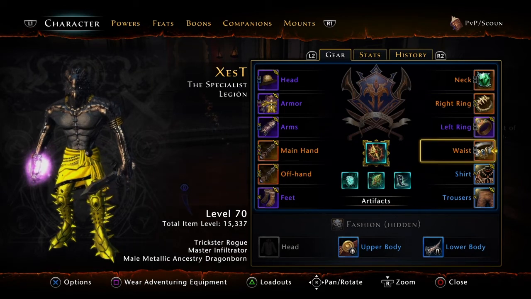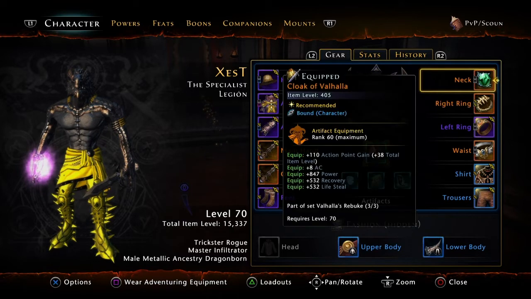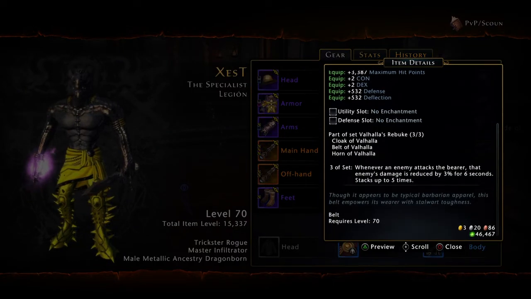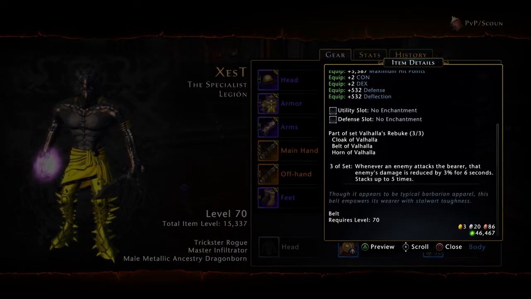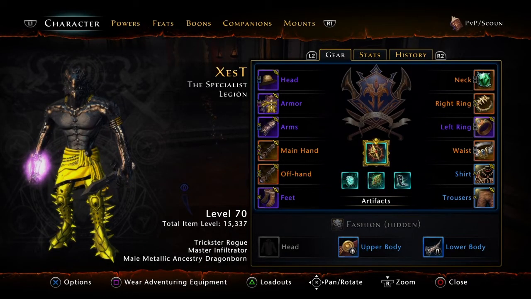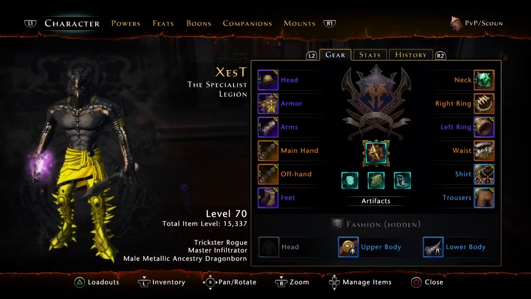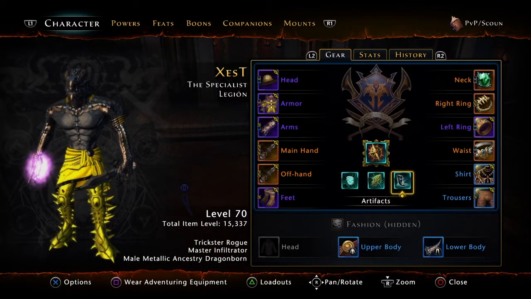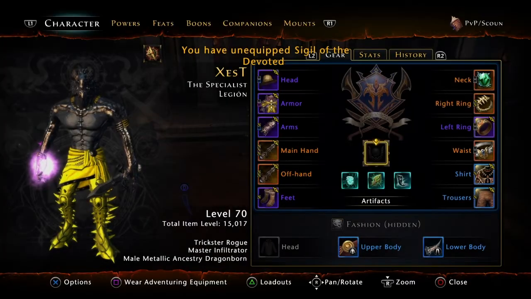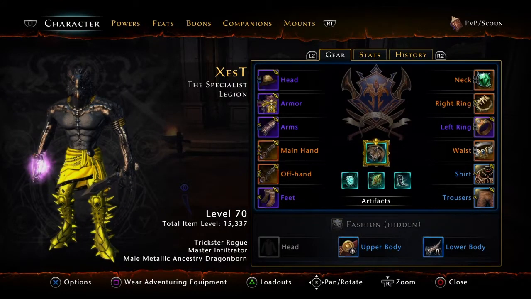Let's get this going. If you want to be tanky, I run the Belt of Valhalla, Cloak of Valhalla, basically the Valhalla set. The only reason why is just because of the artifact set bonus. Whenever an enemy attacks the bearer, the enemy's damage is reduced by 3% for 6 seconds, stacking up to 5 times. That is a 15% reduction to their damage. So if you're 1v1ing somebody, they're obviously going to be consistently attacking you, and they're going to be doing 15% less damage. Now, further on with that, you would want to use the best artifact in PvP, basically,